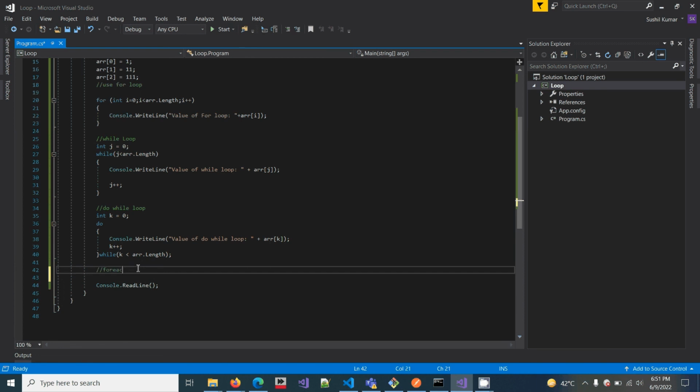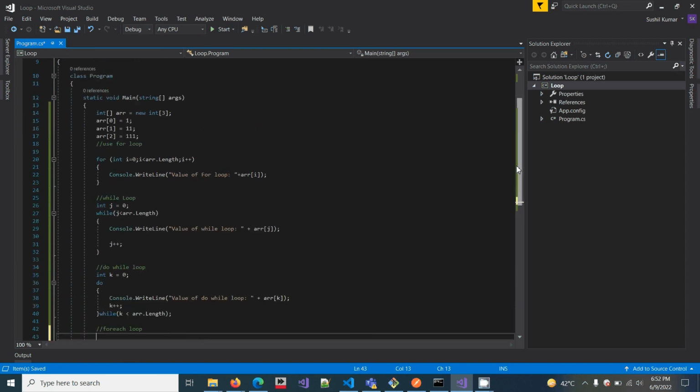For each loop. In a for each loop, you cannot jump over any value in the array. For example, you have an array with 0 index value 1, 1 index value 1, 2 index value 1.